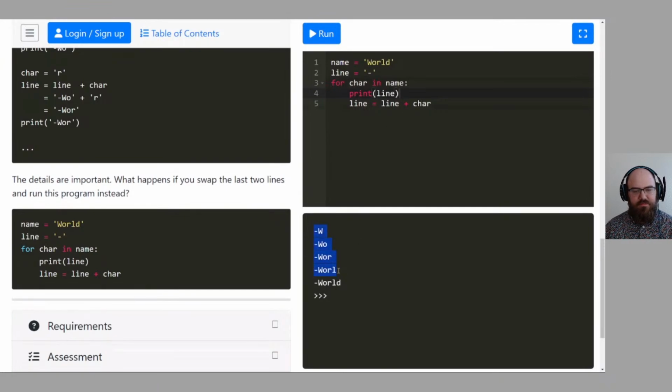Essentially it's not going to print out the D. It's going to print it like this, with a dash above this line. It's going to be a dash here, dash W, dash WO, dash WOR, dash WORL, and then stop there. Yep, that's right, because of the character limit.